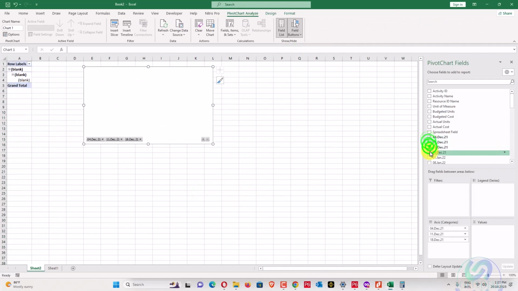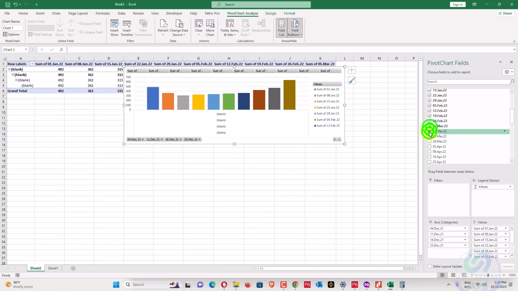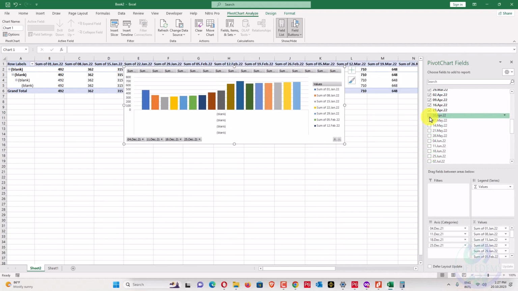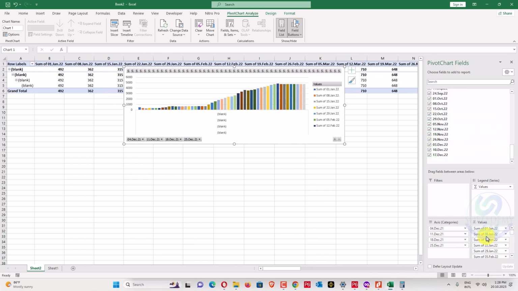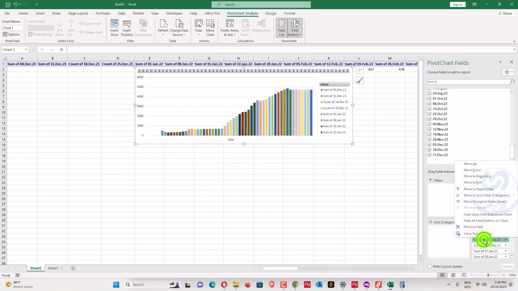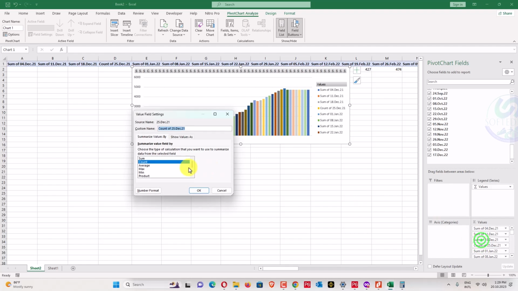Sequentially you can add here all the time scale, this one value, to sum also.